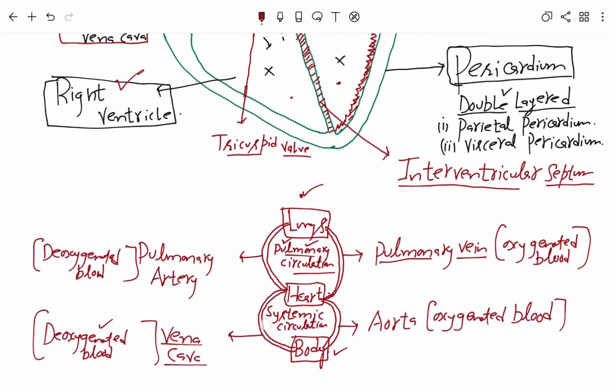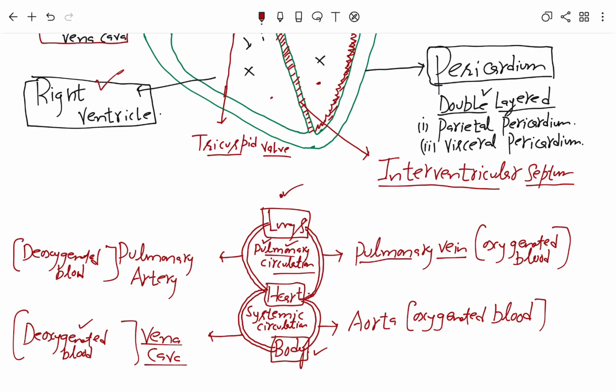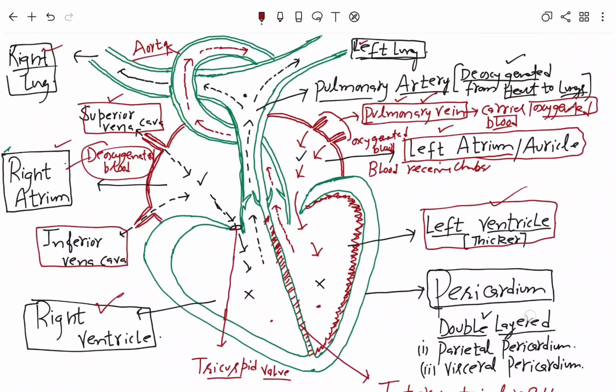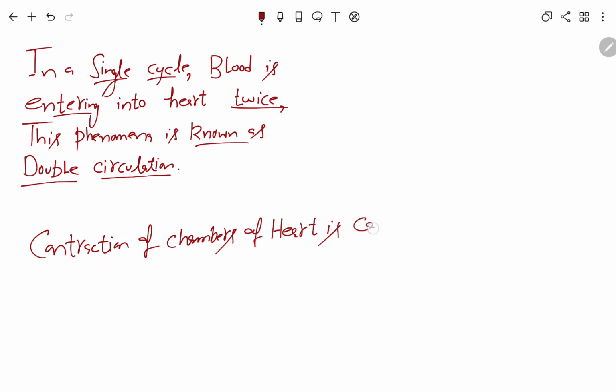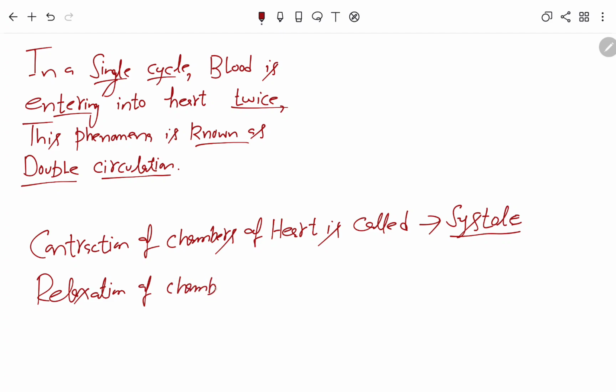And one more thing before I want to conclude this is this: when our heart's chambers contract, so contraction of the chambers of heart is called सिस्टोल। इसको कहते हैं सिस्टोल। जब हमारे हार्ट के चैम्बर्स कॉन्ट्रैक्ट करते हैं उसको सिस्टोल कहते हैं, और जब हमारे हार्ट के चैम्बर्स रिलैक्सिंग पोजीशन में होंगे, रिलैक्सेशन ऑफ चैम्बर्स ऑफ हार्ट